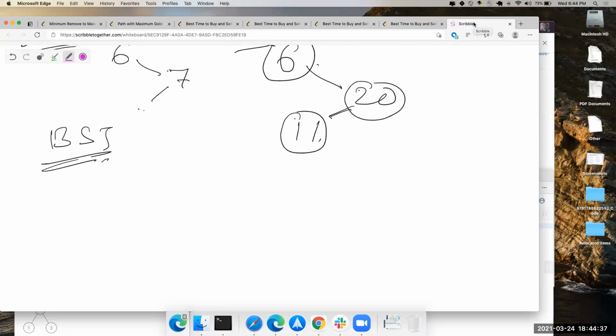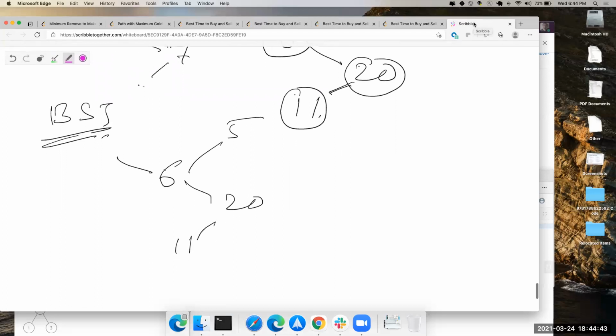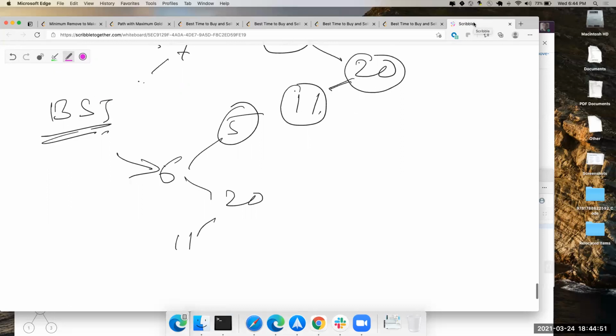So what if 6 has 5 here, and this is 20, and this is 11? You start from the root node, that's what I'm saying. Wait, in fact, that's not a valid binary tree. Let's say you have 6 as the right node.